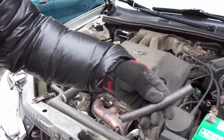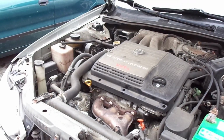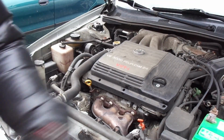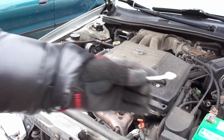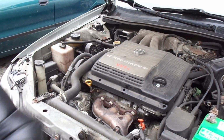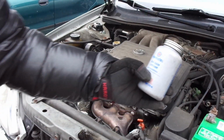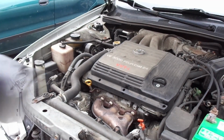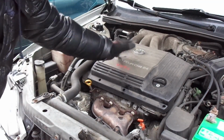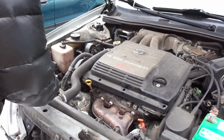You're gonna need one of these to put the spark plugs out. You're also gonna need some Q-tip for the 007. And we're gonna use some NICs. So let's begin by taking this cover off, and this cover is held by